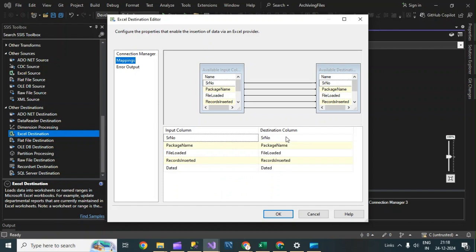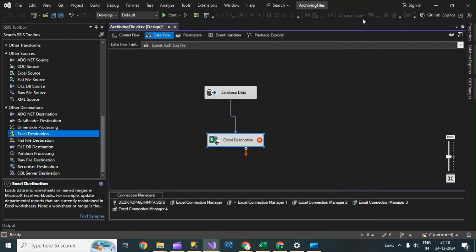So what happened is, whenever we export the data from the database system to Excel, this issue will happen. For that we need to convert the data, using the data conversion task. Basically, we will convert the column data as required by the Excel destination. For that, we will use one more component in between the database data and the Excel destination. So for that we will click here,